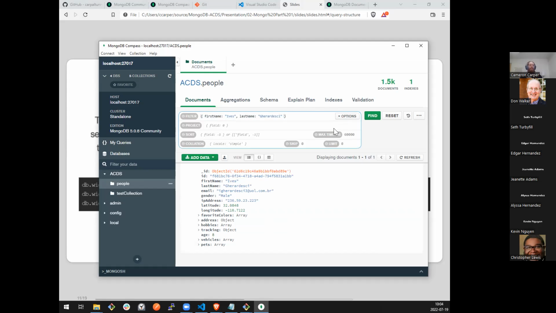Projection is, you know how in a relational database or in SQL, a table may have 100 columns on it, but you only want to query 3 of them. So you may say select field 1, field 2, field 3 from table. Projections are how we do that same idea in Mongo. It is separate from our filter,